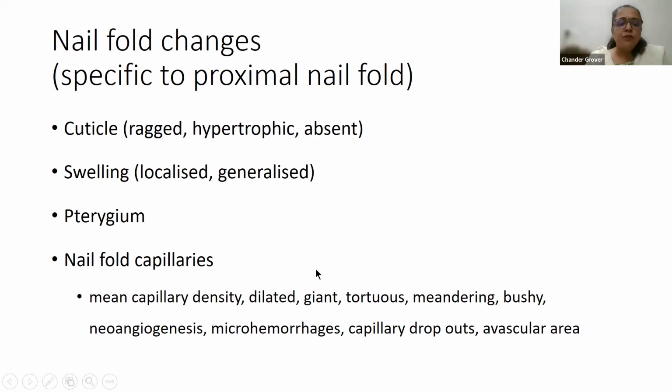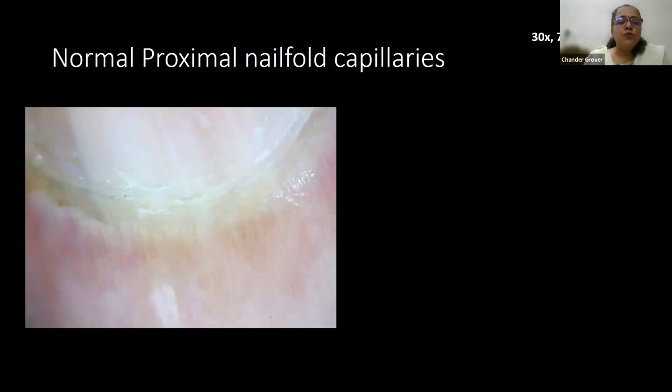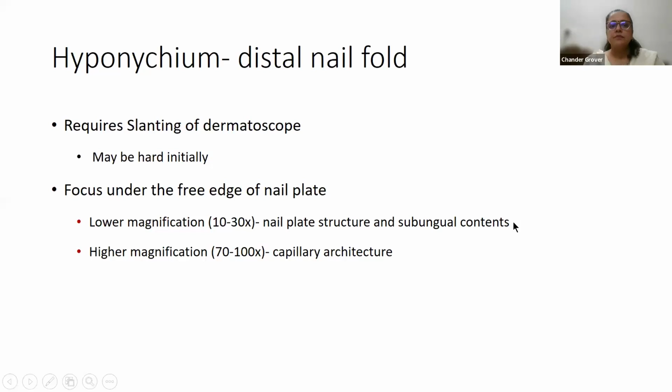We'll be coming to nail fold capillaries. How to comment on them? We call it nail fold capillaroscopy. At low magnification, you will see these capillaries which are horizontally arranged. There are very limited parts of the body where these capillaries are horizontally arranged. Otherwise, we see them end on through our dermatoscope. And at higher magnification, this is 180x on the right side, you can see their entire morphology. The ascending limb and the descending limb are clearly visible. Their distribution in the distalmost row is clearly visible.